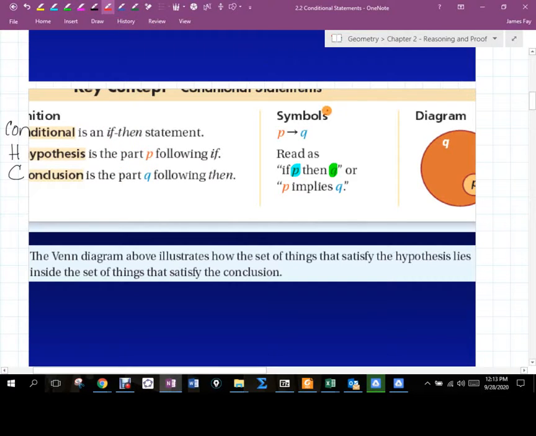a couple different notations here. When you see that symbolism right there, that symbolism means if P, then Q. Okay? A little arrow right there sets that structure up. Okay, another way we read that is that P implies Q. Okay, implies. So if I say,